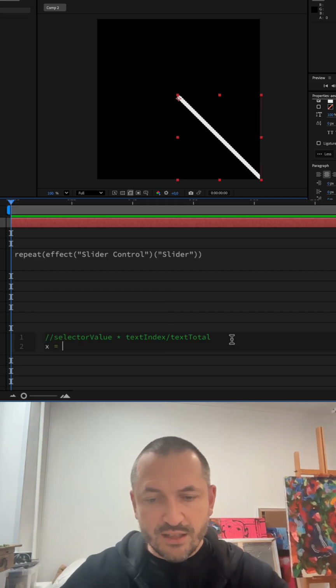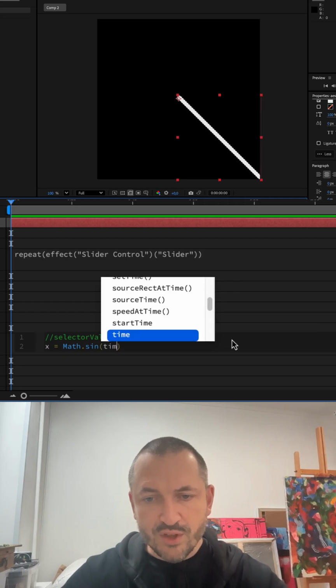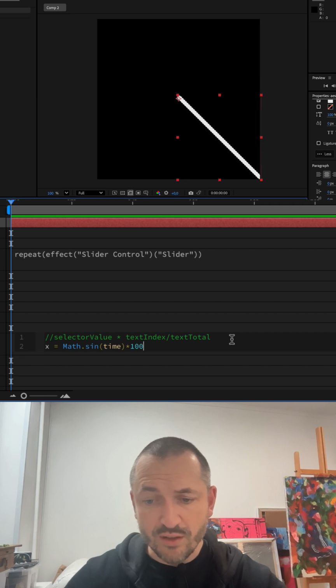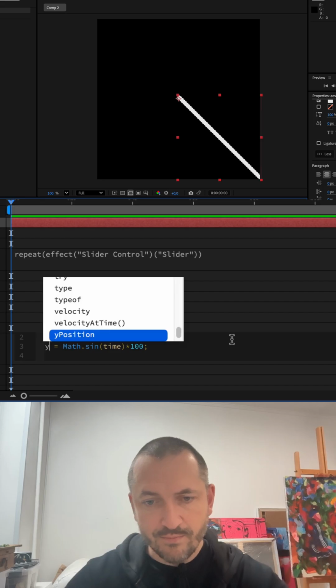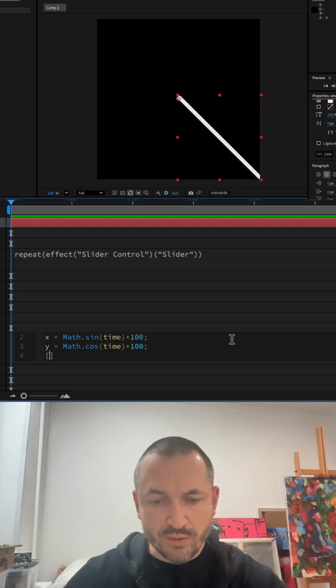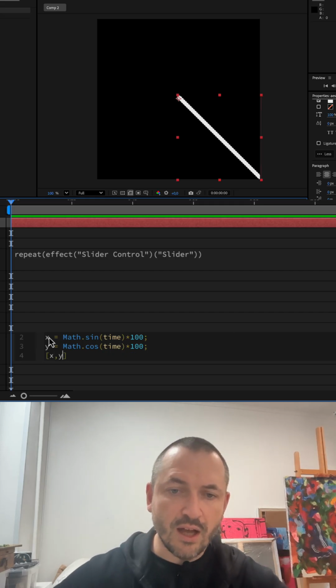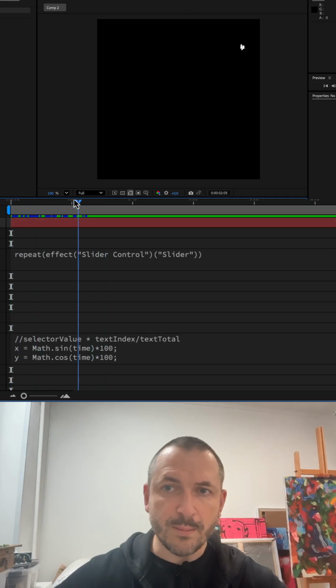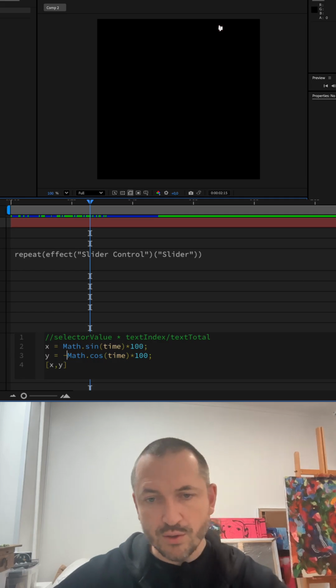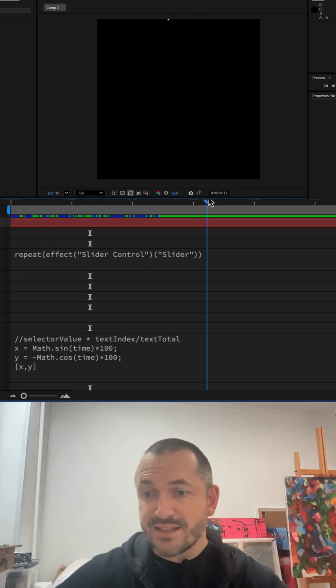If I write x equals Math.sin, sinus, from time, and just multiply it by 100, and then I will write that y is the same but cosinus, cos, from time and multiply 100, and if I say x and y, I will have just circular movement backwards. I don't need counterclockwise, I need clockwise, so this is like it, and yeah, that's it.